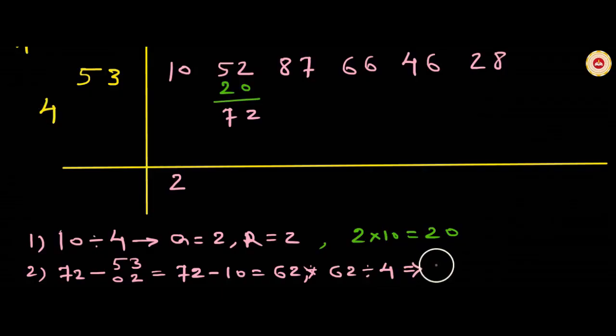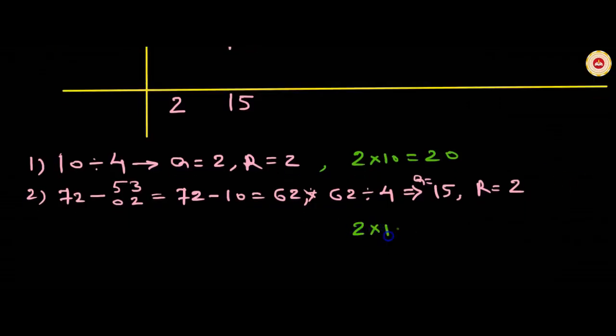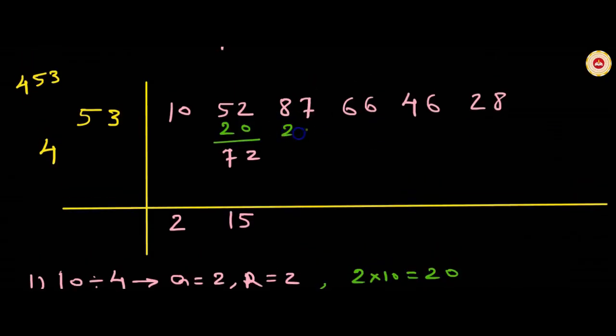How much? 15 4s are 60. 15 4s are 60. The quotient is 15 and the remainder is 62 minus 60 is 2. So the remainder is 2. Write the quotient 15 below the gross dividend 72 and the remainder 2. How to write remainder 2? 2 multiplied by 10 is 20. Write 20 below the next part of the dividend, okay, and add: 87 plus 20 is 107, right? So 107 is the gross dividend.